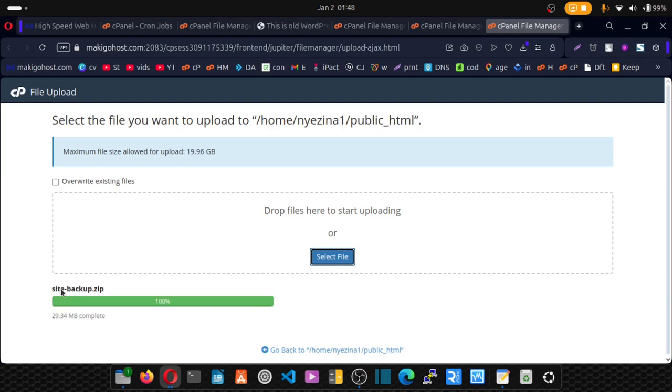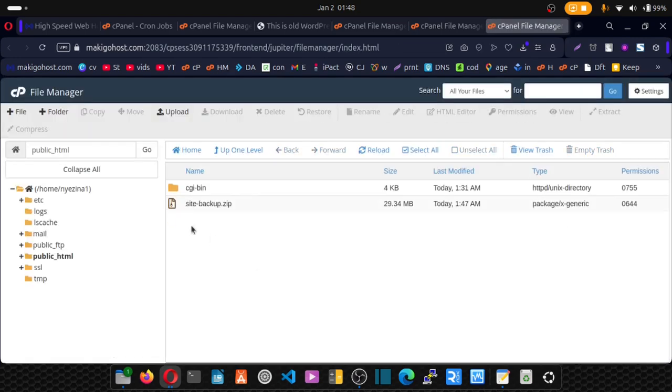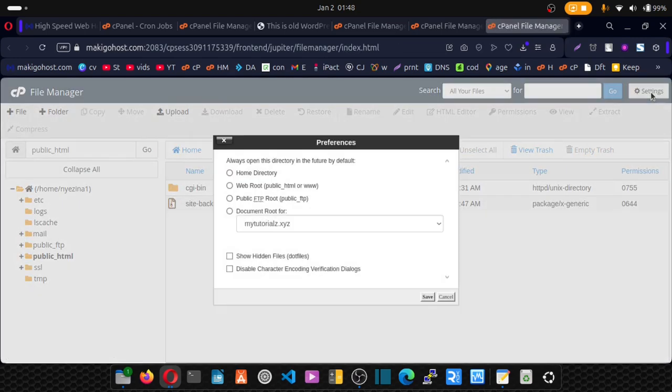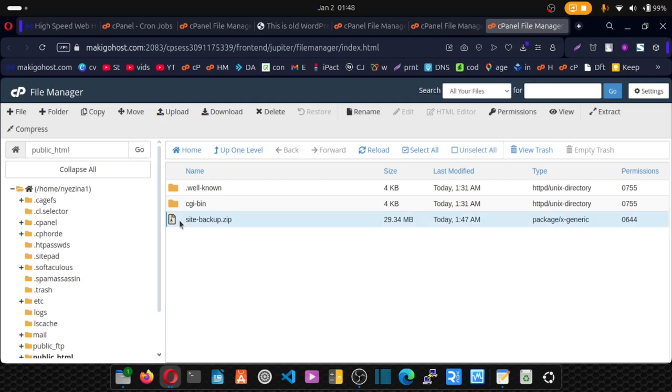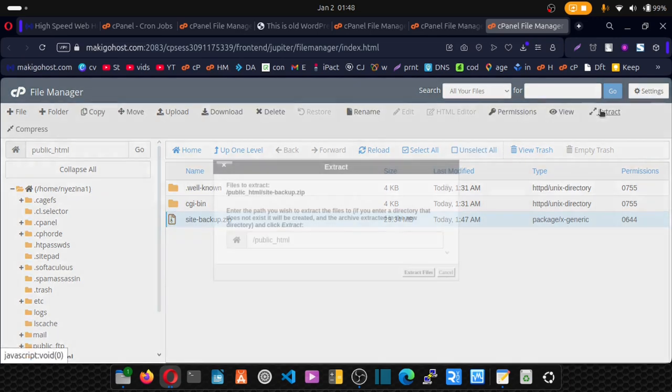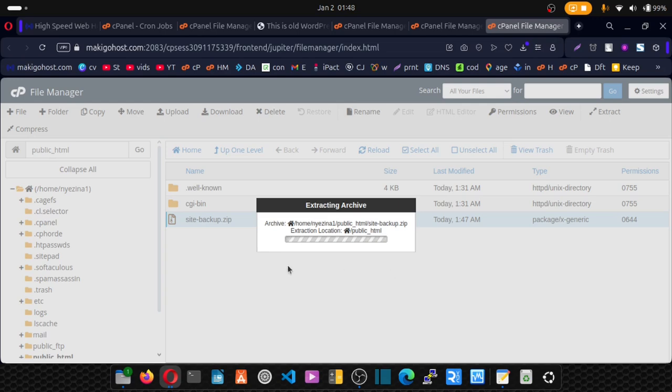We've successfully uploaded that file. Click on this link, and here we are. Now click here and make sure you enable show hidden files and click on save. Now we're going to extract this file. Extracted